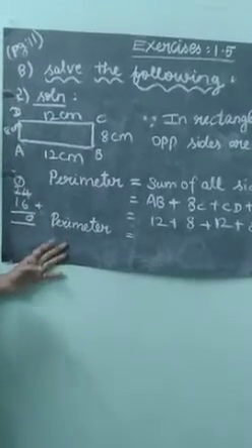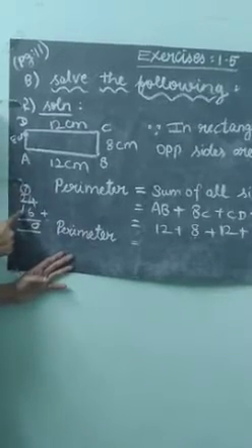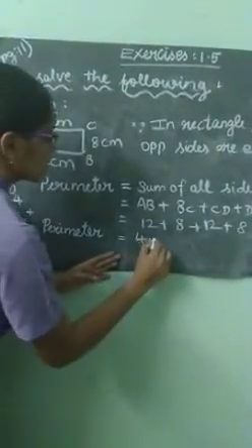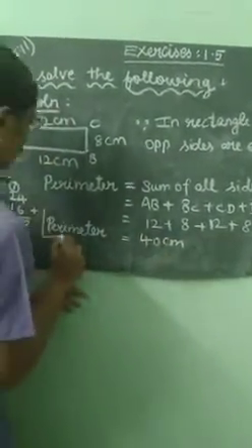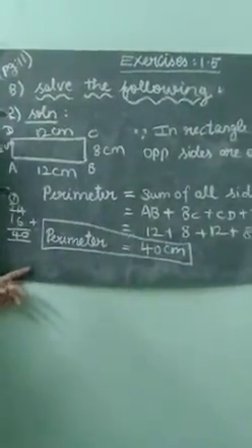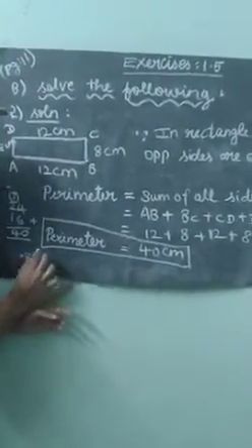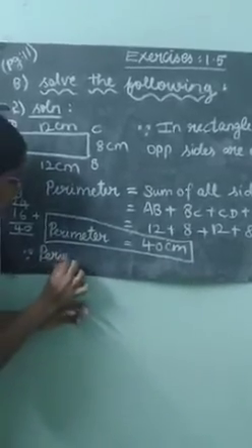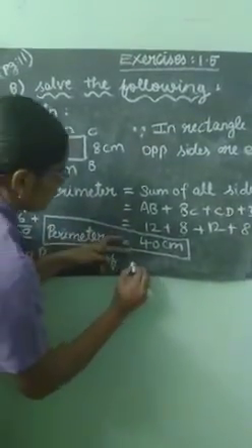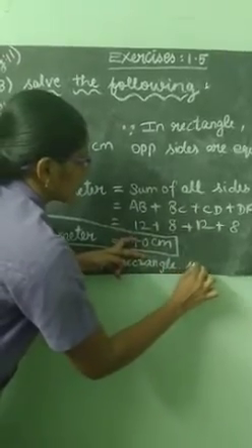1 remainder. Okay. Now 2 plus 1? Very good. 3. 3 plus 1? 4. So what is the answer? 40 centimeter. Put the box. Understood, amma? Okay. Now take the black stick pen and write the final statement. Perimeter of rectangle. So write perimeter of rectangle is 40 centimeter. Take the stick pen and write this.